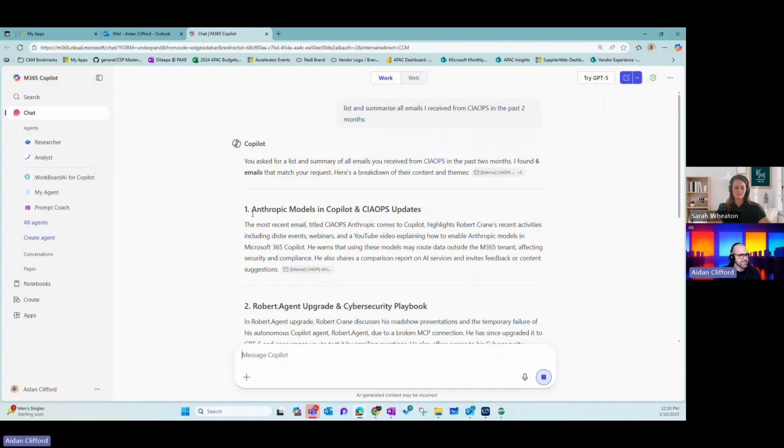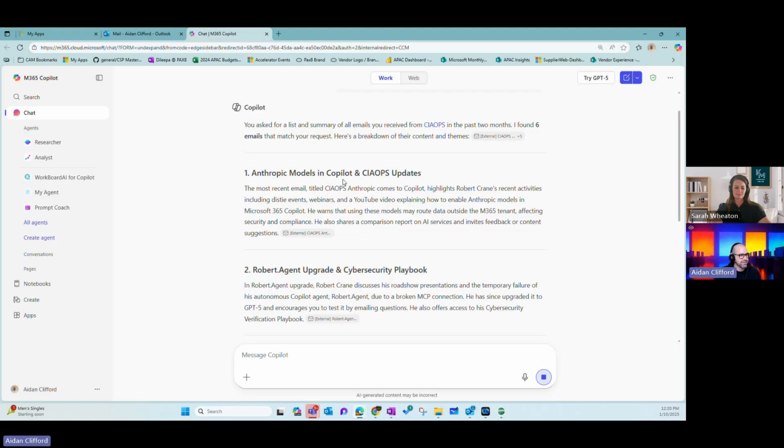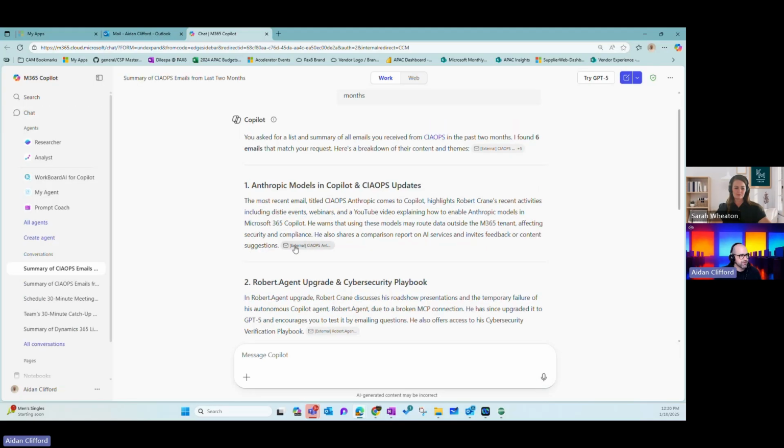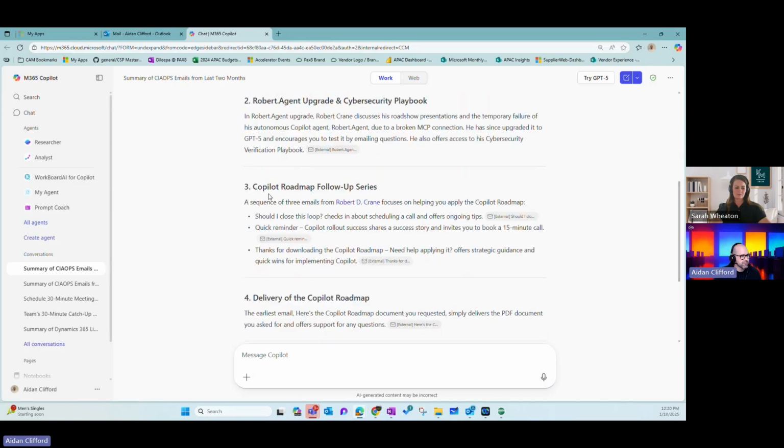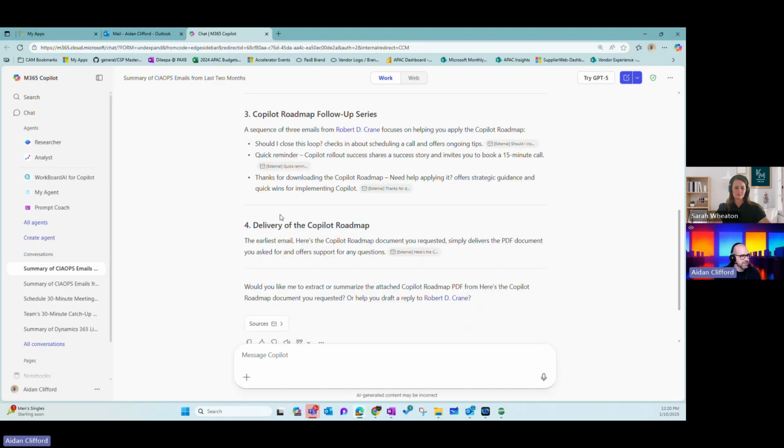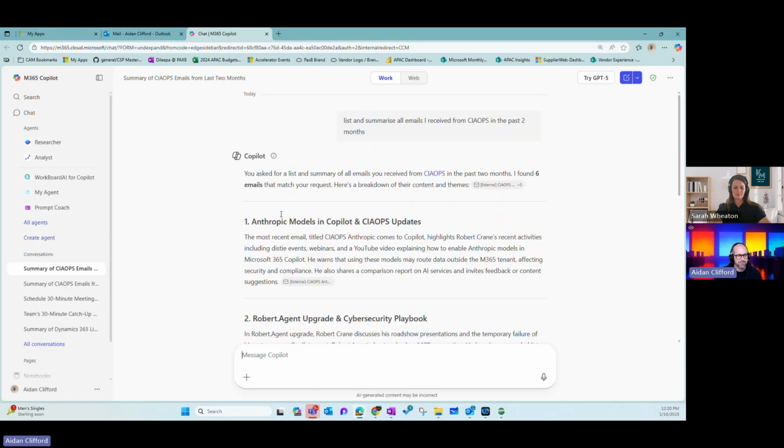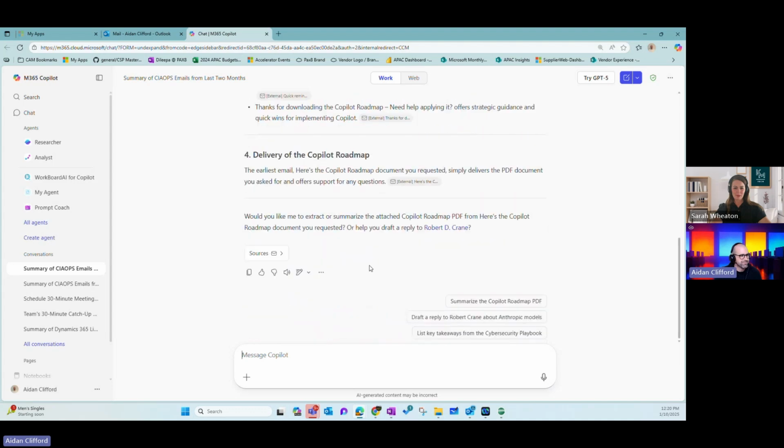Now we can start to see that it's come through with all of the different emails that I've got. I've got footnotes for the emails I've received, but I've also got little summaries in here. It's a bit long-winded, probably for my liking, to get up to speed quickly. But I've got 4 emails. I think he sends them through fortnightly, so that would make sense if I'm getting 4 across those 2 months here. I've got a summary, but what I want to do is say, please summarize more concisely, if I can spell,